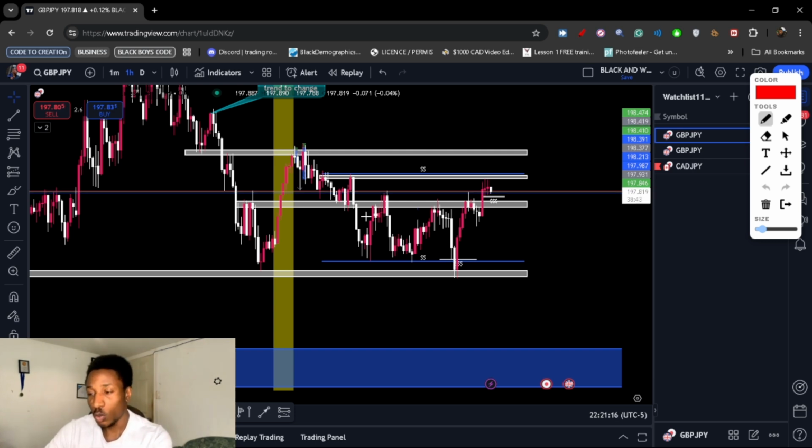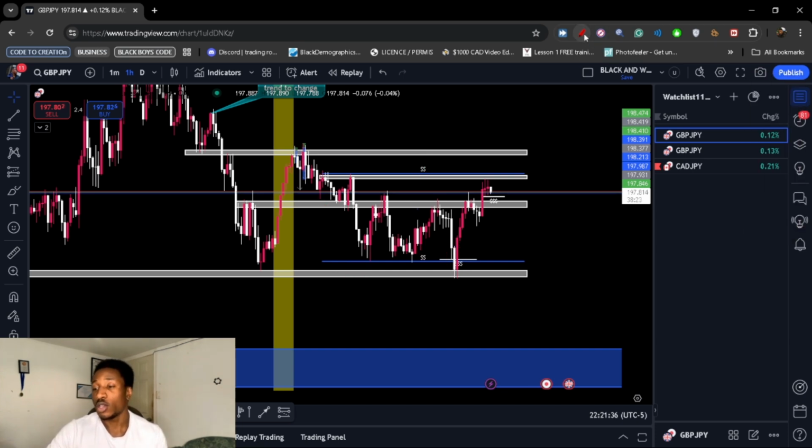Now the first thing guys is going to be your area of interest, which is going to be these white lines here, right? And then the second thing guys is going to be your liquidity, right? As you can see, we do have liquidity here, we have liquidity here, and then we also have liquidity here. And then the last thing guys is going to be the way you enter your trade, so what specific entries that you have, right? Now when it comes to actually tying everything together guys, what I'm going to do is